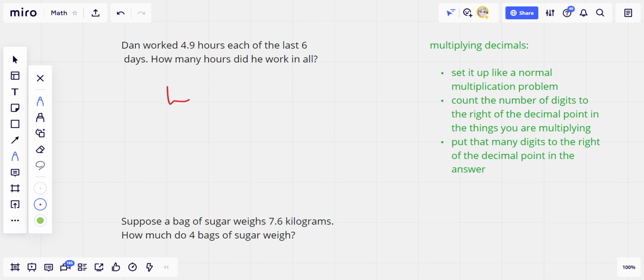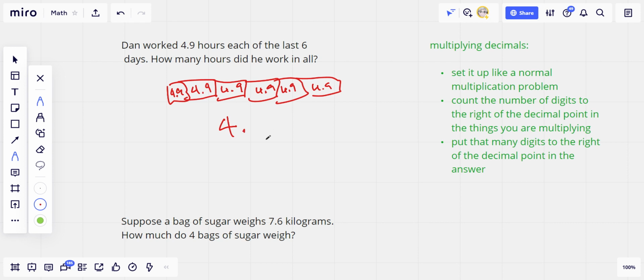So, there are 6 days. Let's maybe represent that on a calendar. 4, 5, 6. And on each of those days he worked exactly the same amount, 4.9, 4.9, 4.9, 4.9, and 4.9. And so we're going to solve this by multiplying 4.9 times 6. Of course, you could add 4.9 6 times. That would be the same thing as multiplying by 6, but I think multiplying by 6 is just a